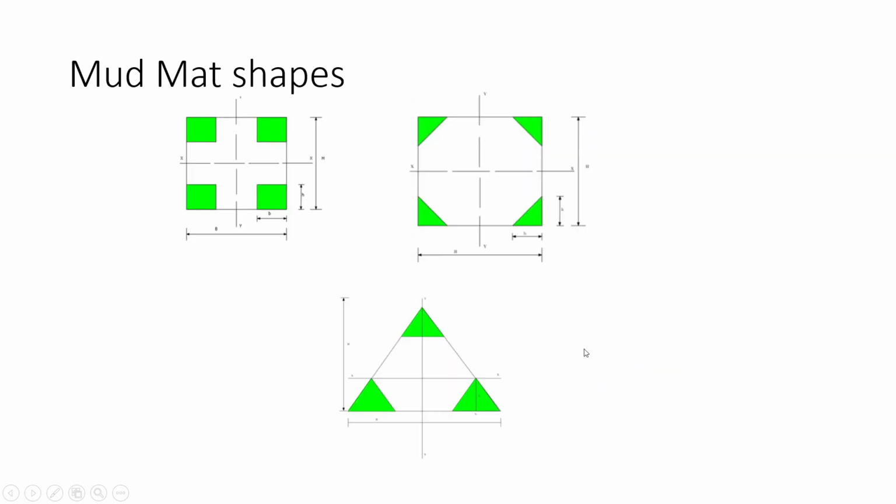Okay, and these are the commonly available mud mat shapes. This is a square mud mat, and this is a triangular mud mat. This is for the tripod jackets, and this is for the rectangular jackets. Okay, why? Even though these two shapes are the same, here I'm not going for a rectangular or square mud mat, because whatever mud mat is provided is okay for me. For that reason, this is the minimum area required for the mud mat.